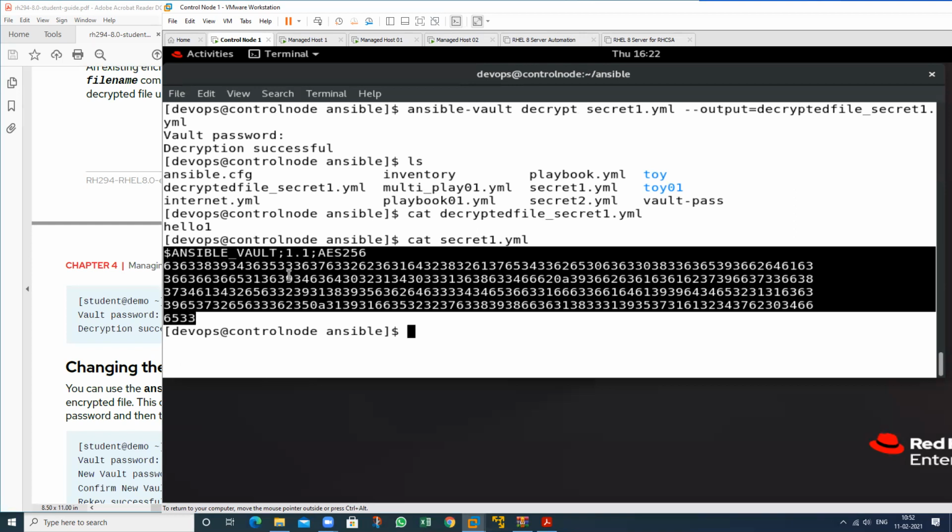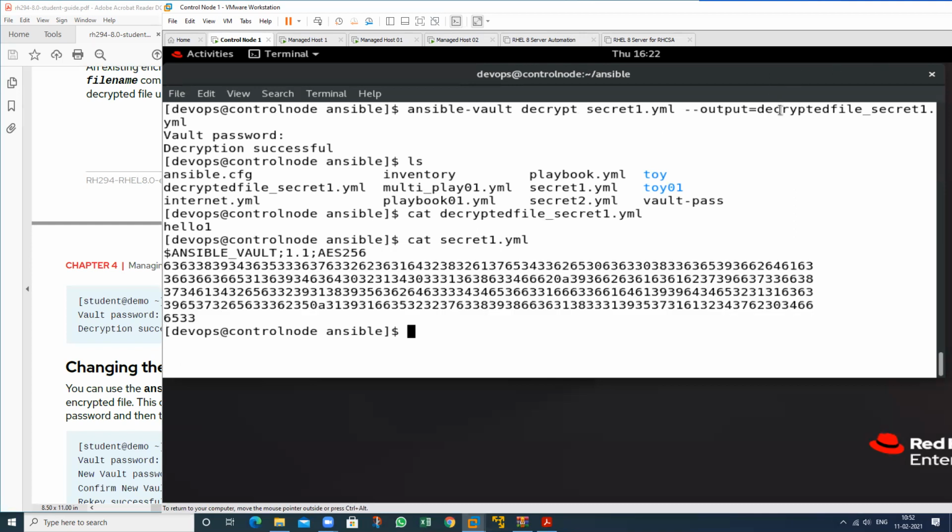So it will convert this particular encrypted data into plain text and copy the whole data in another file. The whole plain text will be copied in this particular file. So all data will be copied in this new file, but this file remains the same.